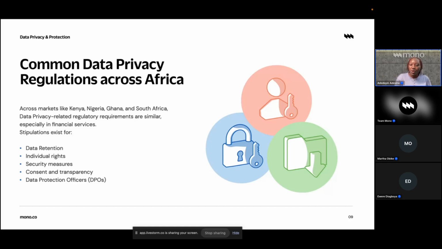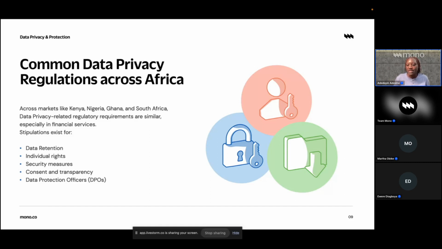Also, the individual rights of your customers. So all of the African market and all of the African market regulators, generally as an end user or as a data subject, you have rights, and all of the rights are similar. So you have the right of access, which we'll discuss later. You have the right to rectify any inaccuracies and the right to request for erasure or deletion of your data,